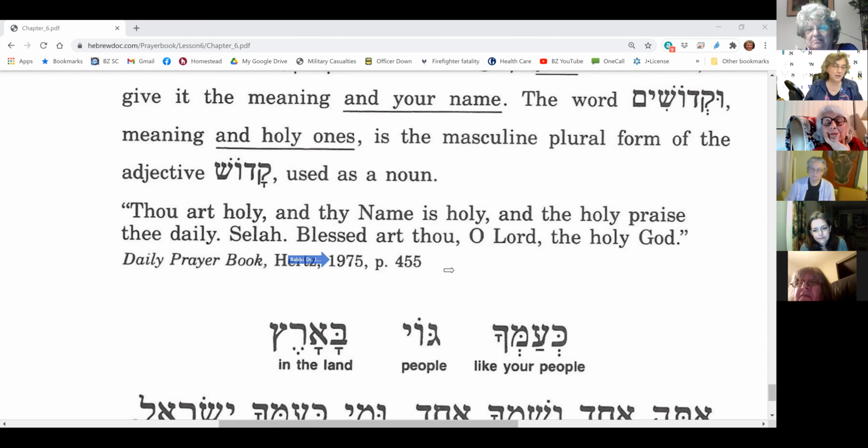that was supposed to be a little bit more accessible, but they still came out with Blessed art thou, O Lord, the holy God. And I'm not going to lie, the Big Blue Book had Lord in it for a minute too. They had to come out with two versions because it was a big fat book and it was too heavy for our old people to carry. So they made another version that had thinner paper, so it was lighter, which was pretty dangerous because then you turn the page with your shaky hands and you tear the pages. But it was just an interesting historical fact of those things.